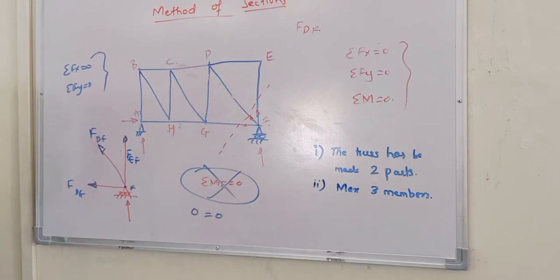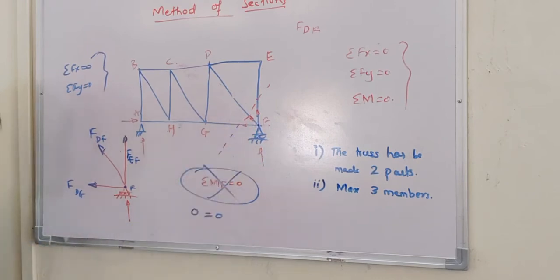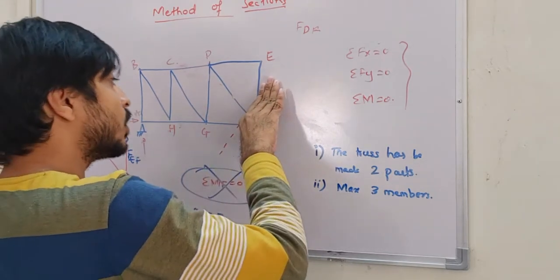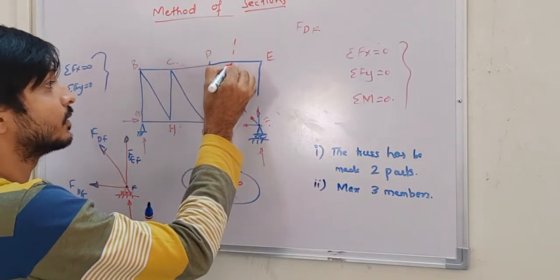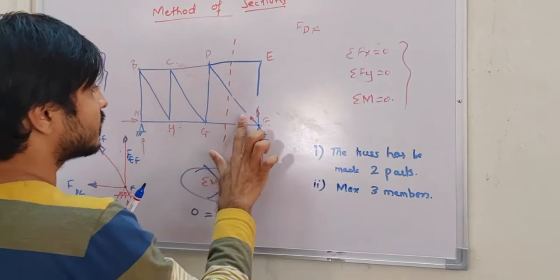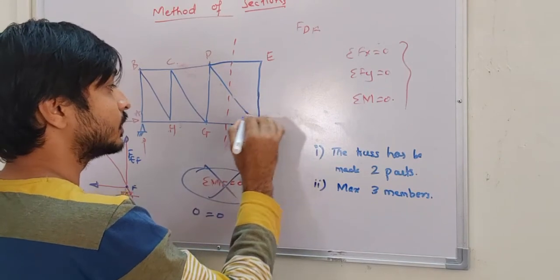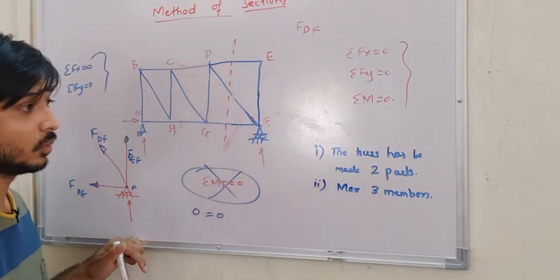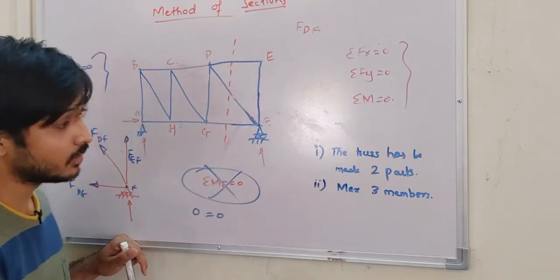So whenever you are cutting a section, the members which you are cutting should not be meeting at the same joint, like in this case. If I cut these 3 members, they are meeting at the same joint here. That should not happen. So you have to cut in such a way that, this is the third option that I am saying now. In the third option, if I cut it like this, all the conditions I am saying will get satisfied. What is the first one? The truss has to be made into 2 different parts. This is the one part and this is the other part. Correct? First one is satisfied.